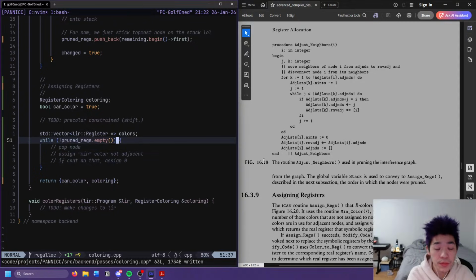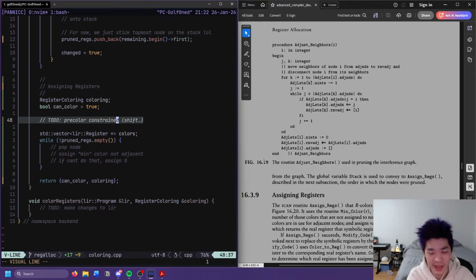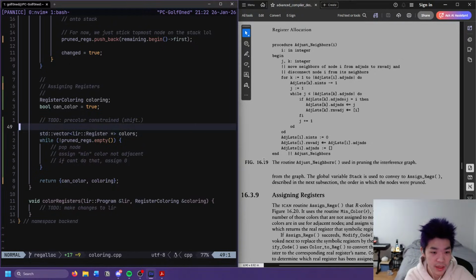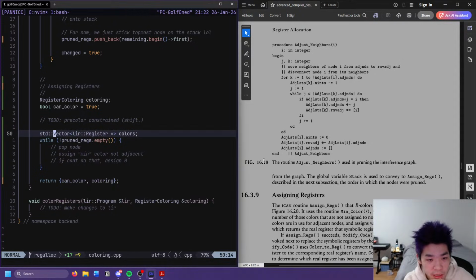So this I will worry about later. I do not want to think about this yet. This will be annoying. I will figure out what to do with that. Here, yeah, how do we color things? I guess we could at least pop real quick.